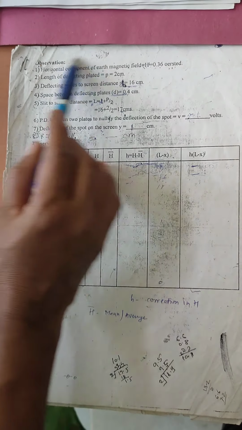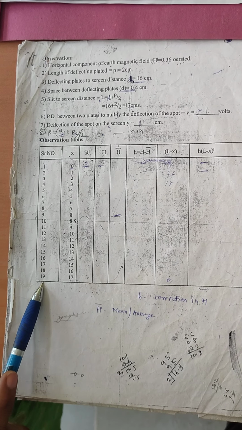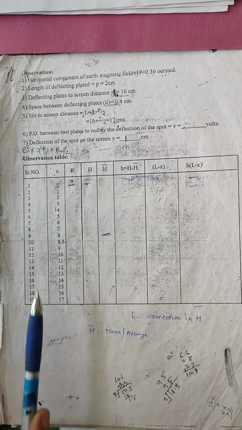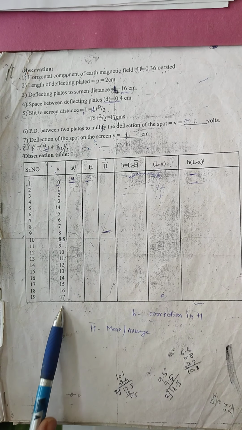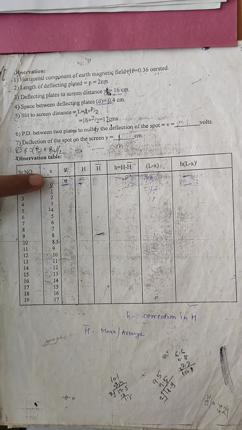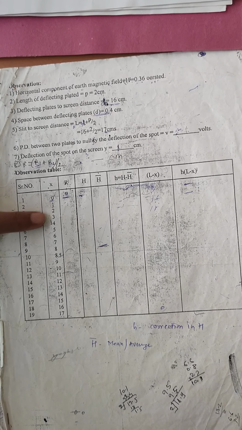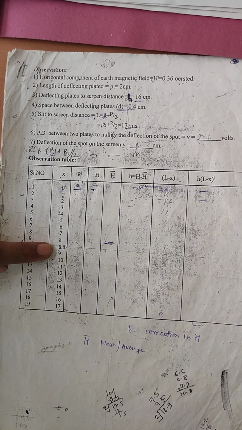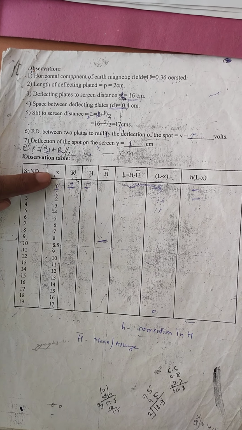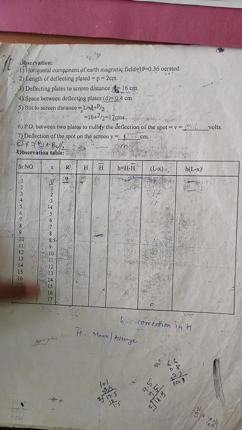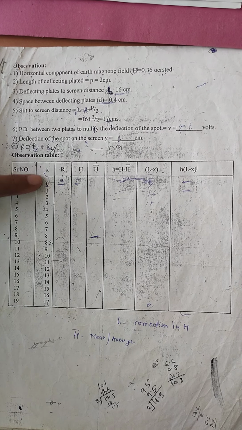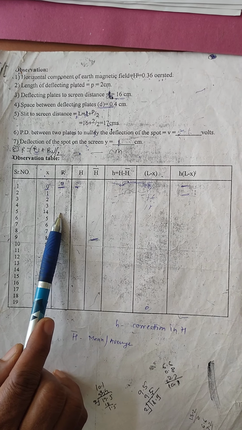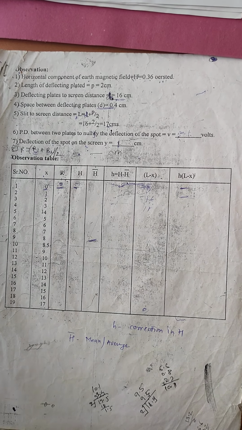Once we complete these observations, now we have to move to this observation table. You can see in the observation table, except x nothing is given, and in this x you can see 0, 1, 2, 3, 4 up to 17, and the midpoint of that is 8.5. These are the fragments of slit to screen distance, 1 centimeter each. And now we have to find out the corresponding r dash and h for these x.